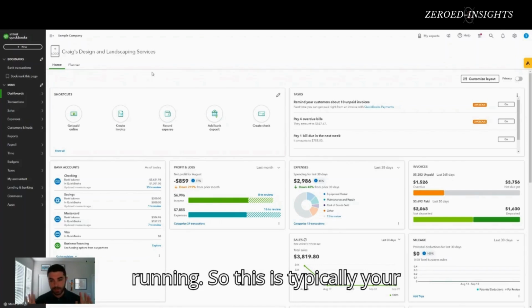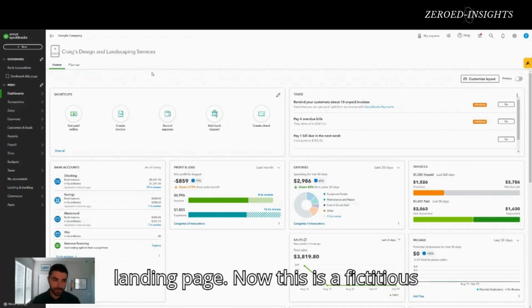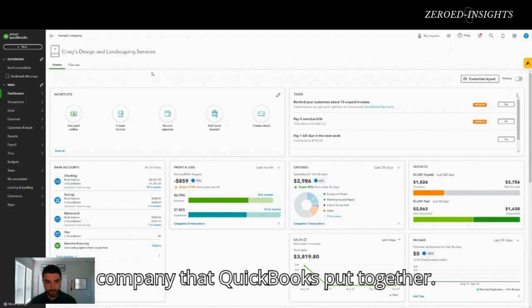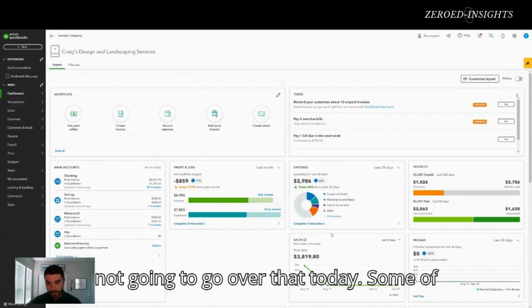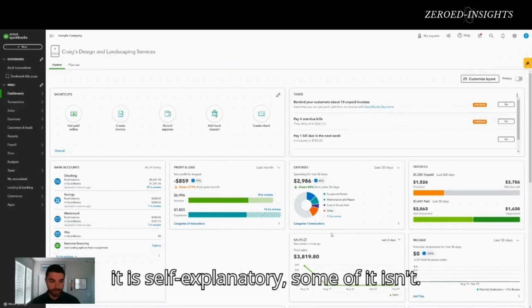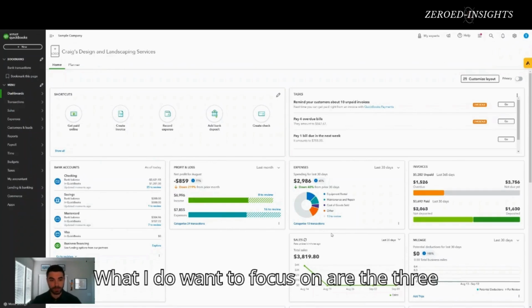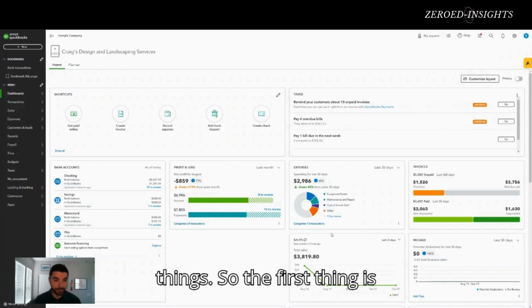So this is typically your landing page. Now, this is a fictitious company that QuickBooks put together. There's a lot of information here, and I'm not going to go over that today. Some of it is self-explanatory, some of it isn't. But what I do want to focus on are the three things. So the first thing is